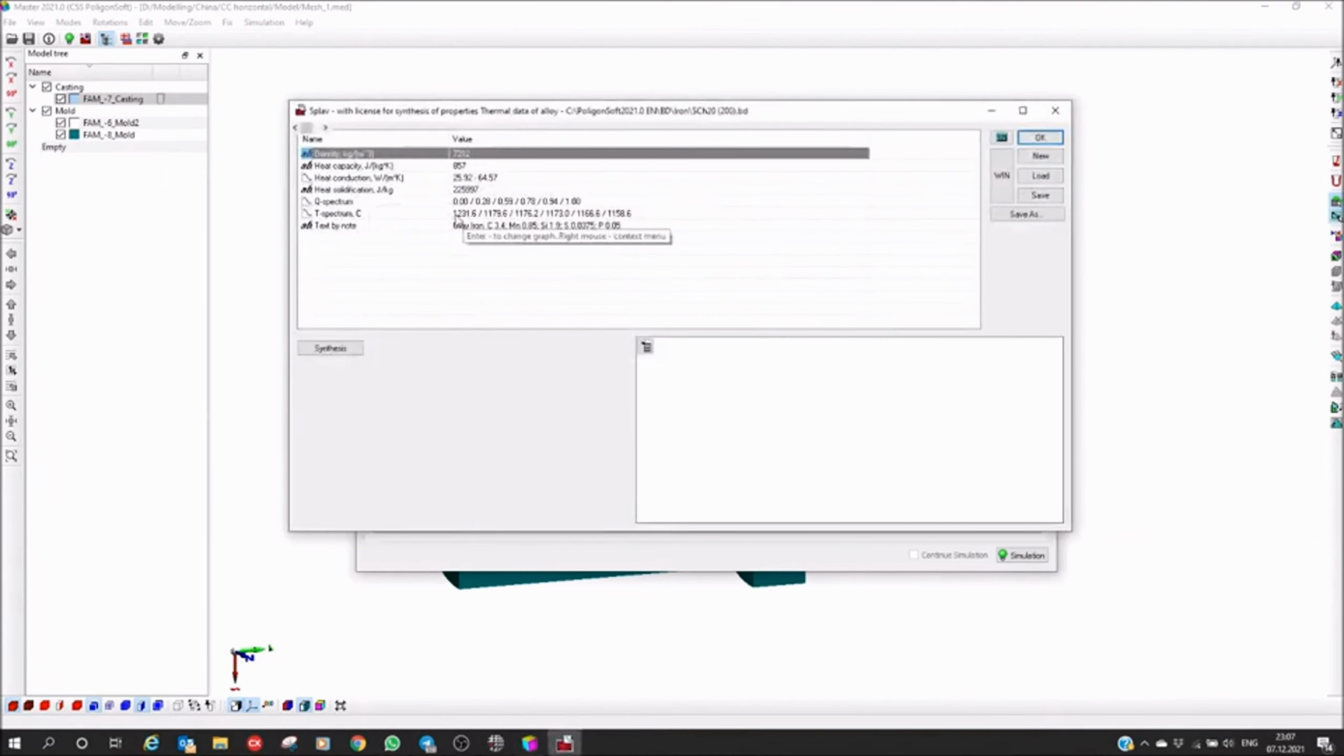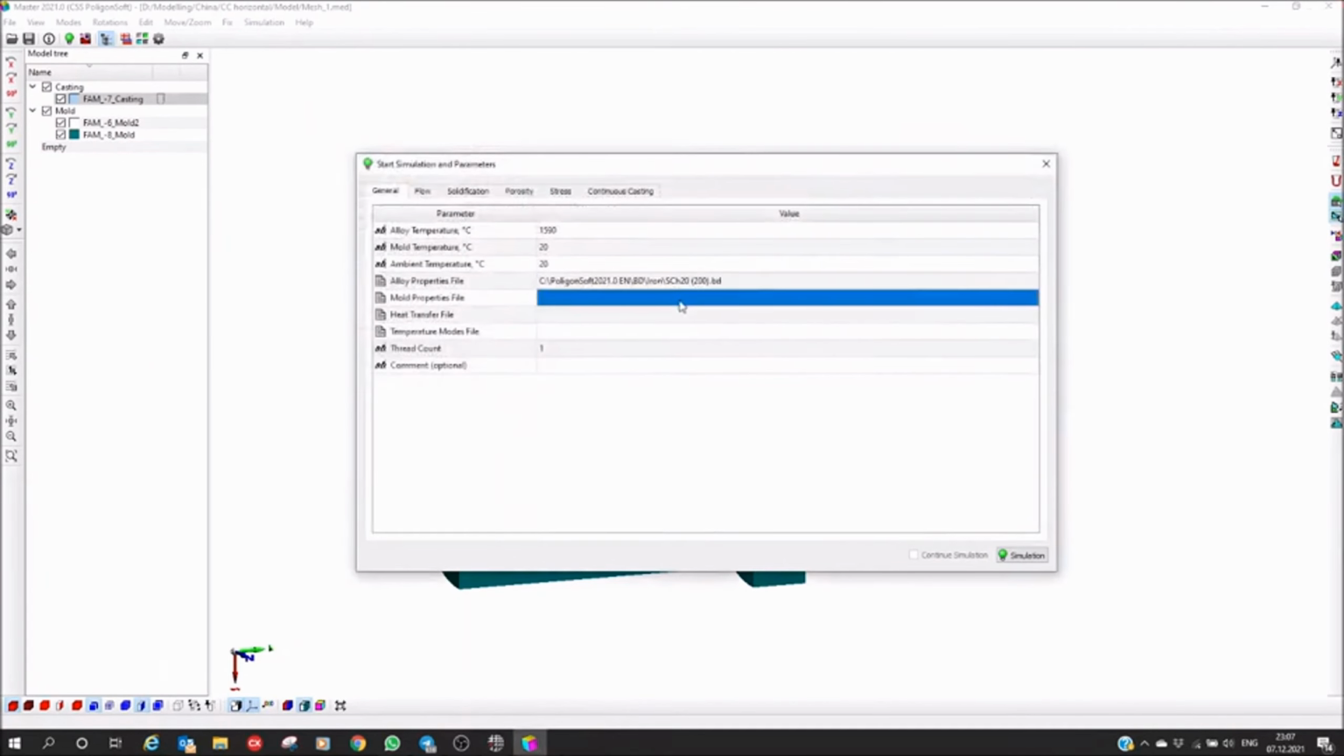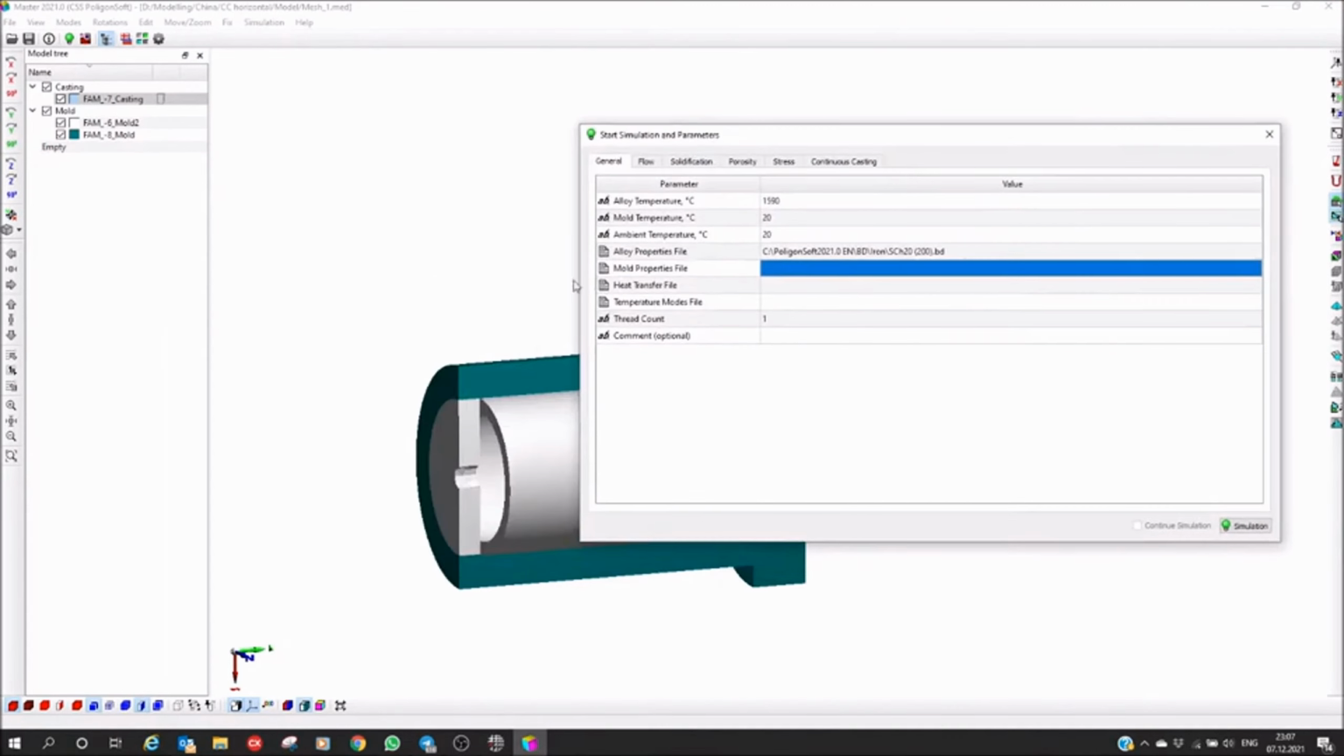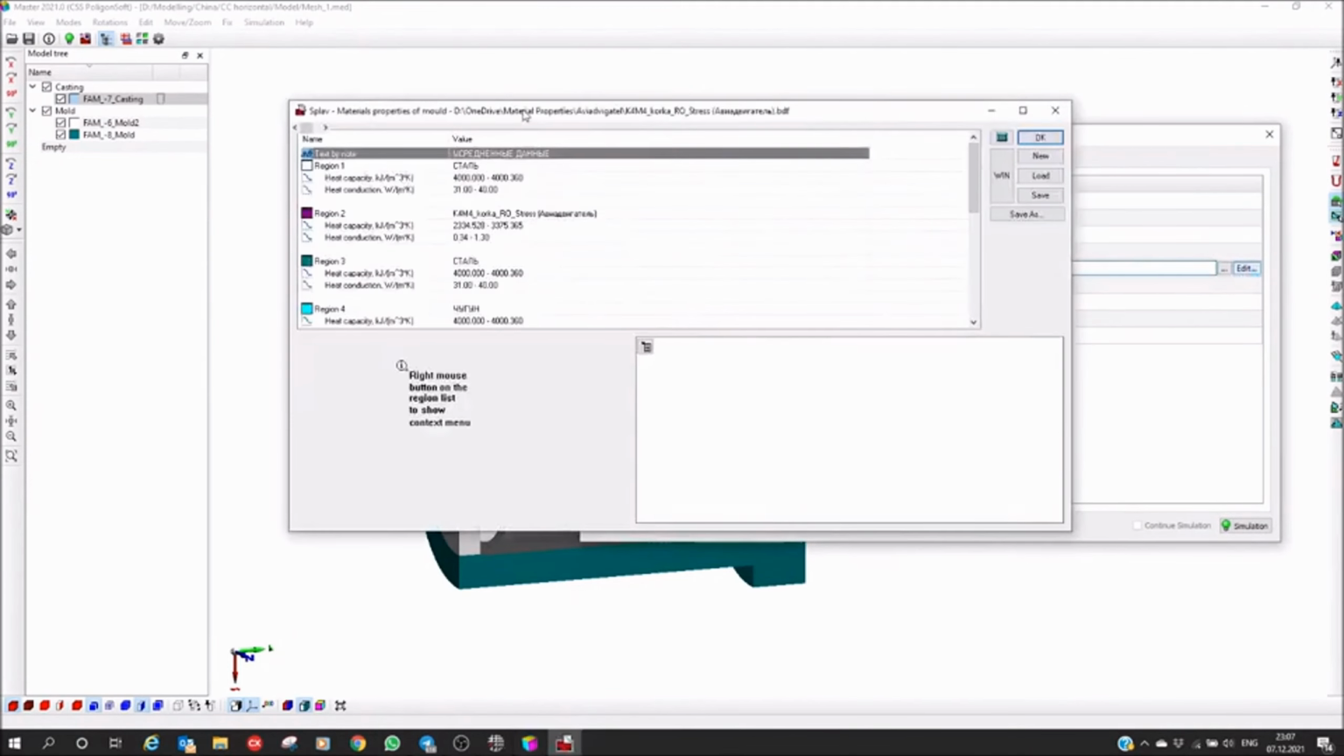Here is the liquidus temperature, 1231 degrees, and the solidus temperature, 1158 degrees. And now I need to set up the mold materials. Double click here, the edit button. I will use